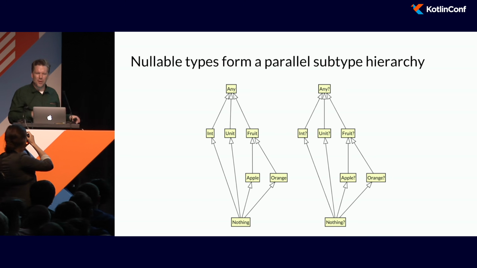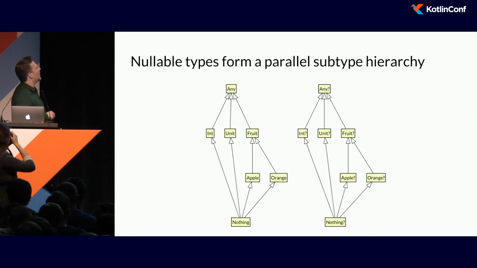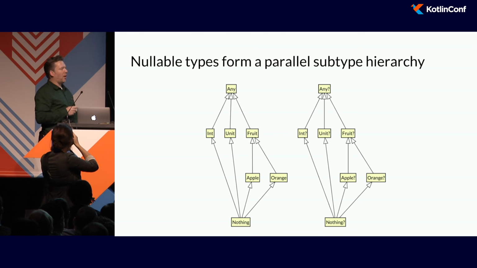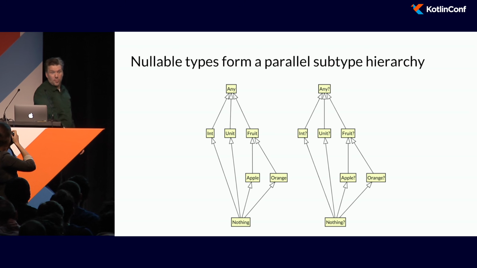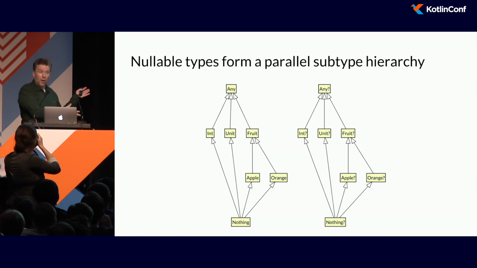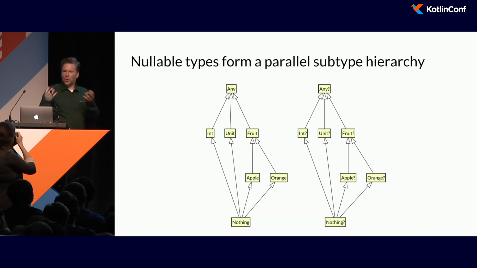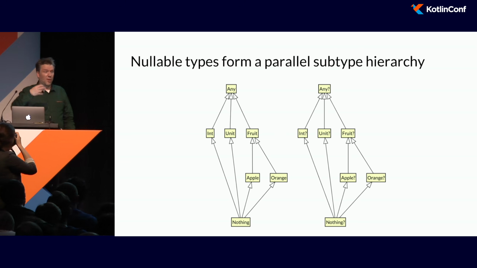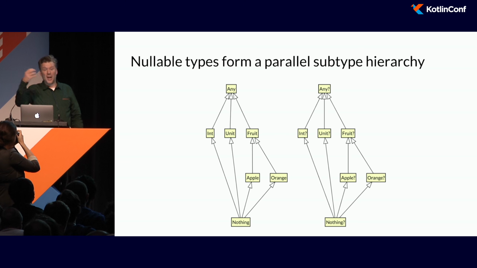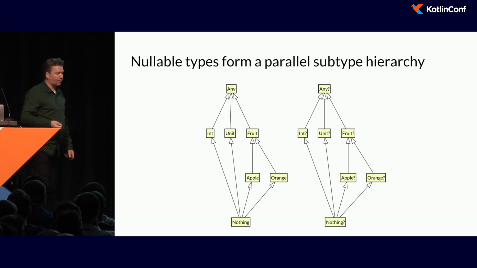One of the more awkward parts of the language is how do we talk about types that have just a sort of funny sigil at the end there. So if I define my type hierarchy, the nullable aspects of that create a parallel type hierarchy that mirrors the type hierarchy I've defined, which kind of makes sense. If I've got some code that can work with any kind of fruit, it makes sense that code that can work with an optional, possibly missing value of any kind of fruit can also work with a possibly missing apple or a possibly missing orange.